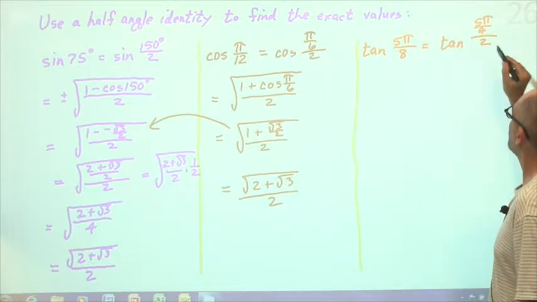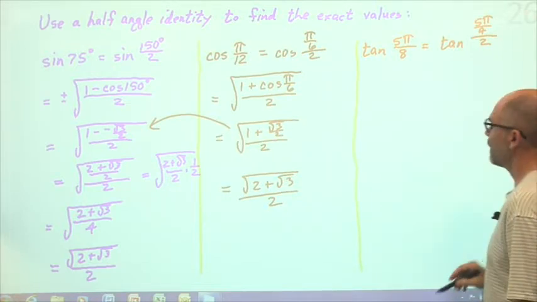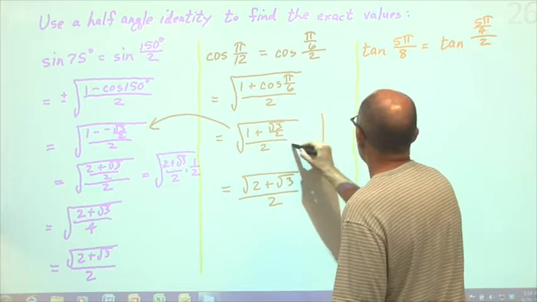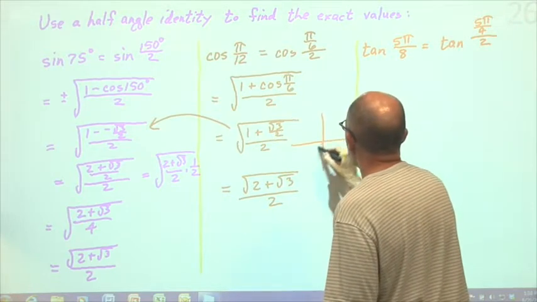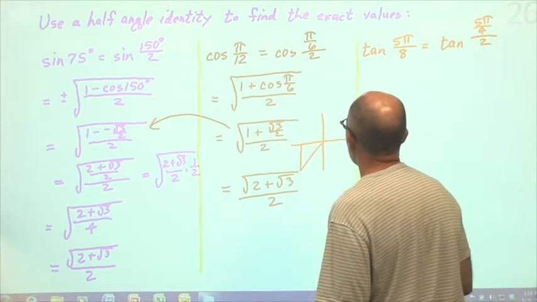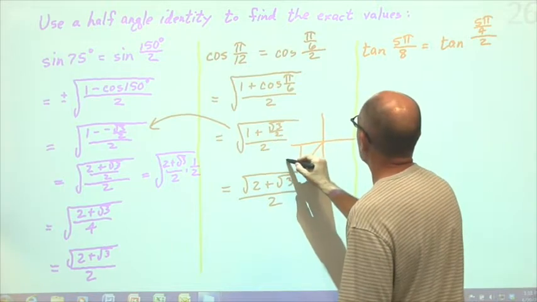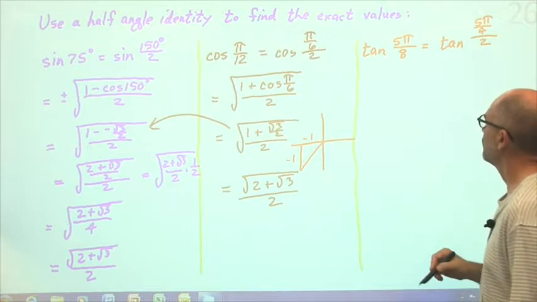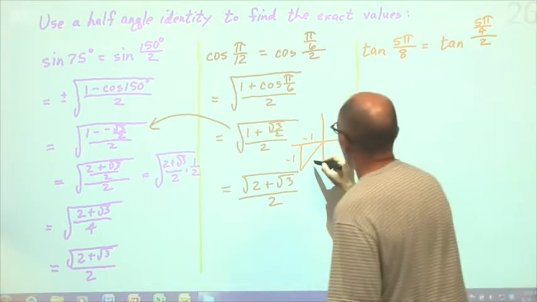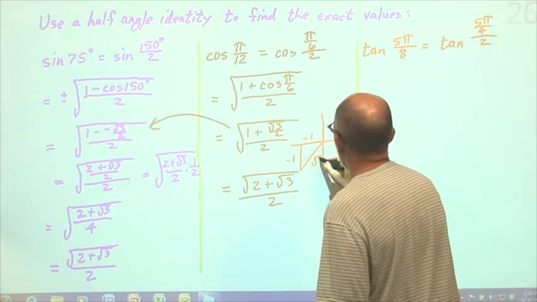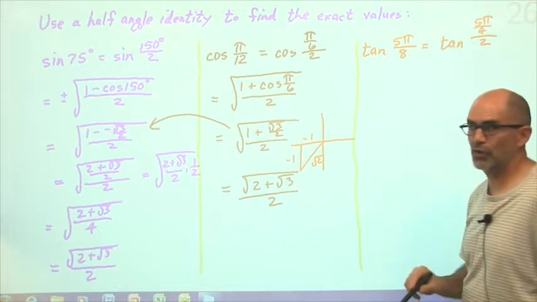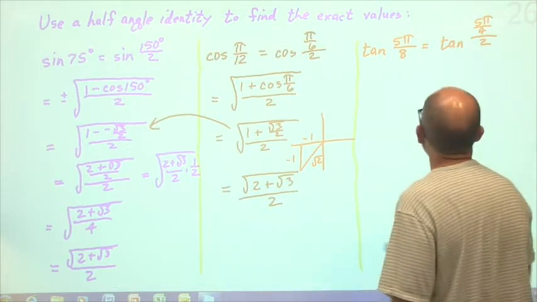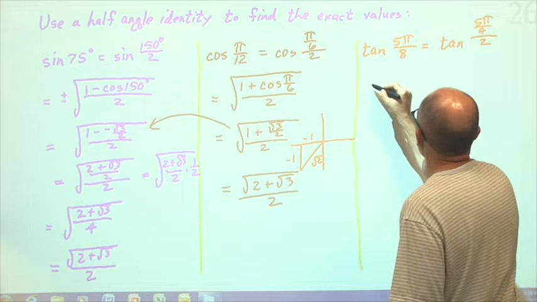And now, do we know what tangent of 5 pi over 4 is? Well, 5 pi over 4 is the pi over 4 angle in the third quadrant. So it's -1 over -1. So tangent of, well, actually, we want cosine. It's going to be negative square root 2 over 2. Okay, so this is going to equal,